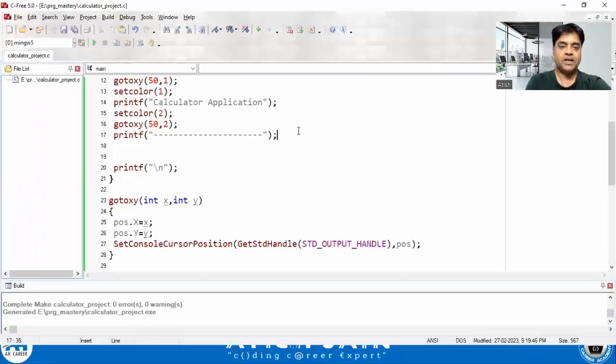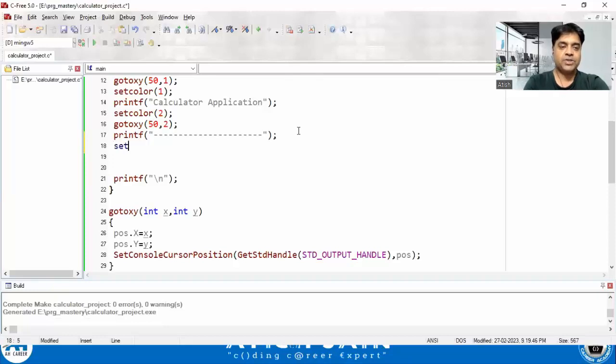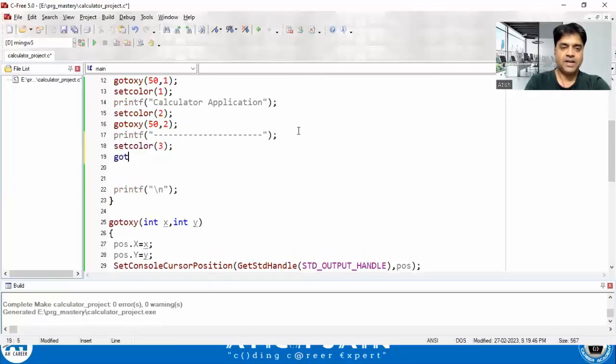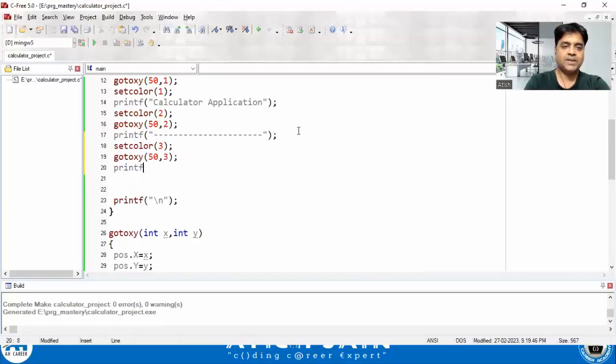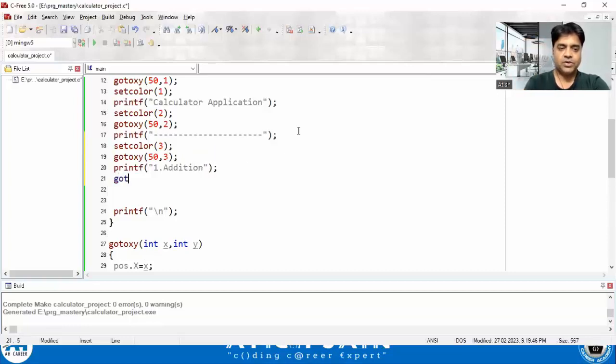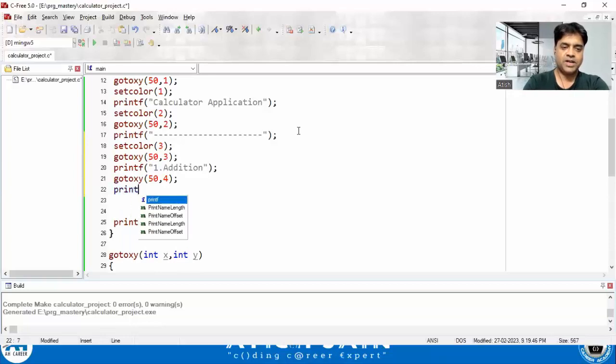Now design, again you set the color, like say color 3, and go to XY. 50 is the column position and 3 is the row position, and here I'll say printf 1 addition. Okay, addition. Go to XY, 50 is the column position, 4 is the row position, and I'll say